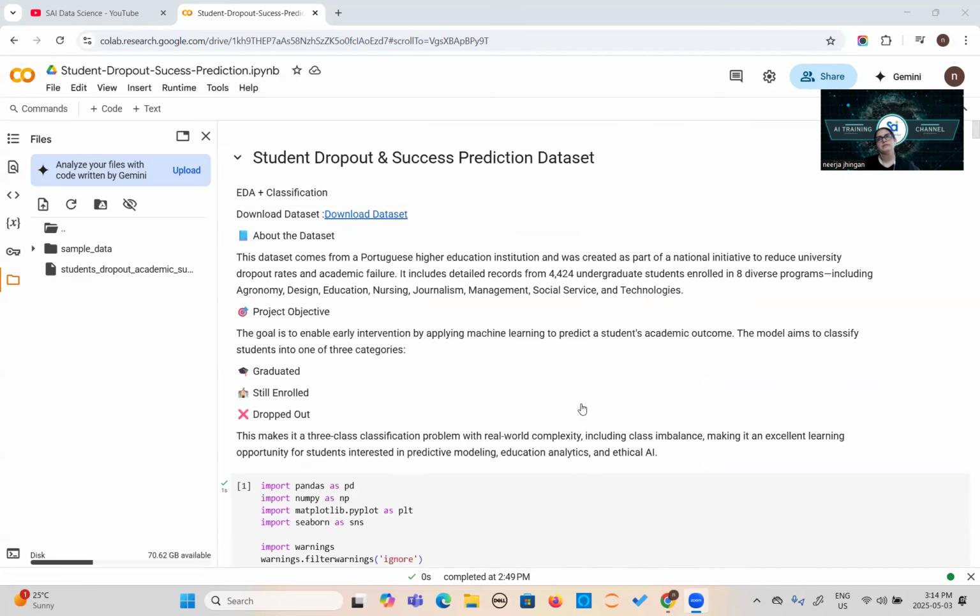If you are using your local environment, then you can keep your data set either in the same folder where your file is, or if it is in a different folder, you can set the path when you are loading the data set. Okay, I have already shared the link here in the notebook, and this is about the